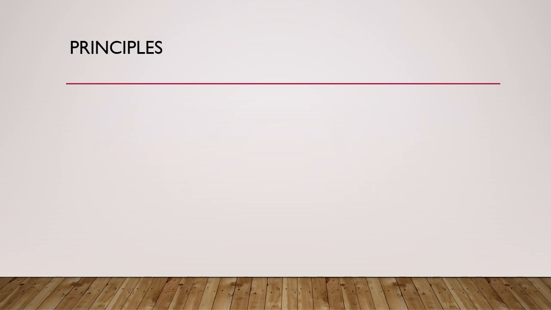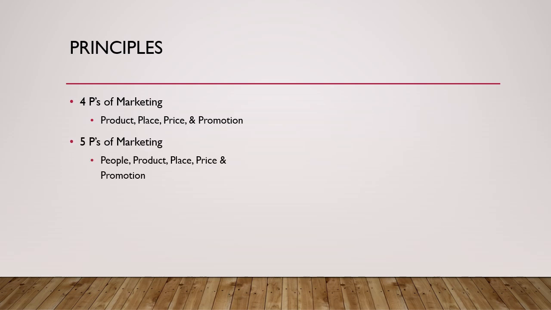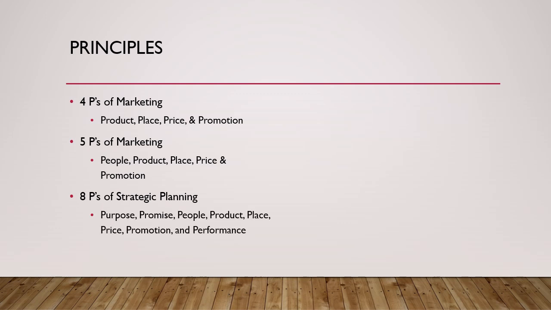One example of business fundamentals viewed through a framework of guiding principles is as an adaptation of the 4 P's of marketing, which are product, place, price, and promotion. You may also know them as the more modern 5 P's of marketing, which adds people as a 5th P. However, the 8 P's of business fundamentals entail aligning your business model and your business operations with 8 principles: purpose, promise, people, product, place, price, promotion, and performance.